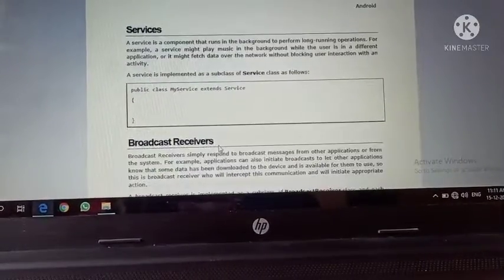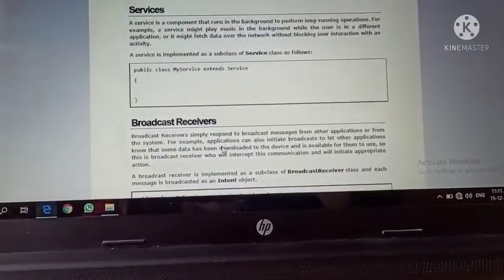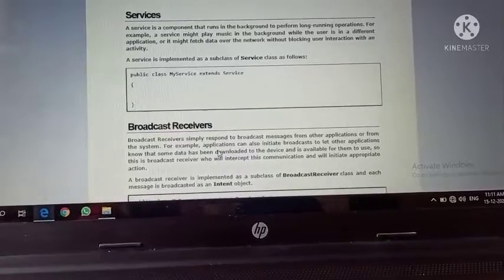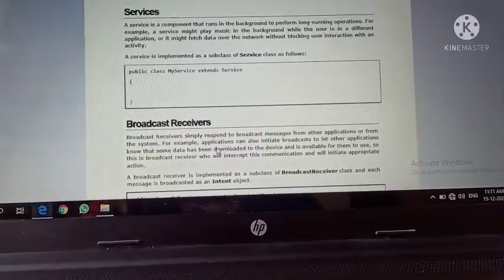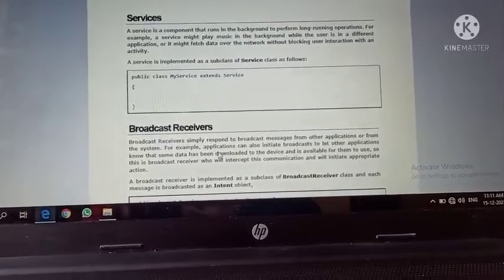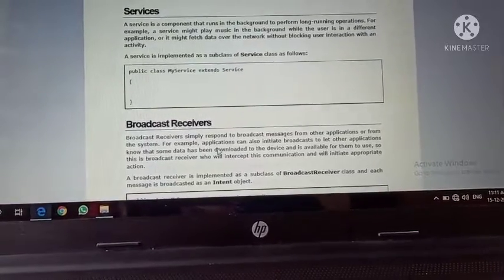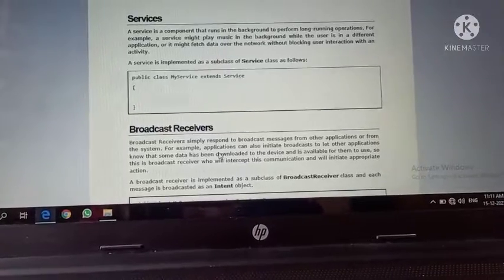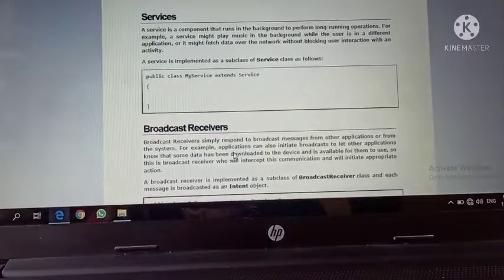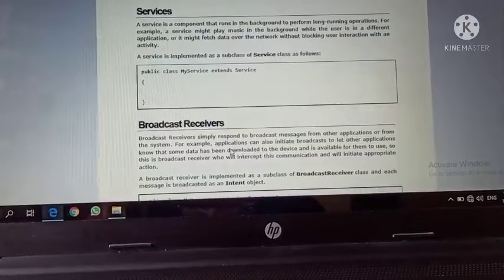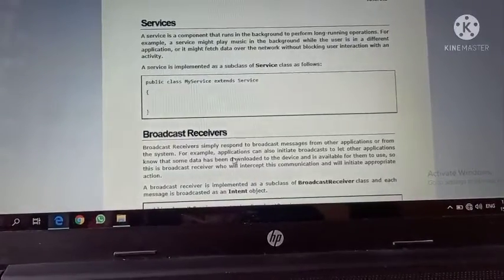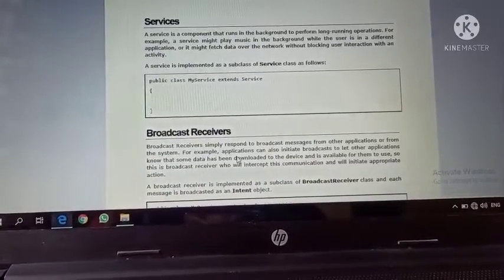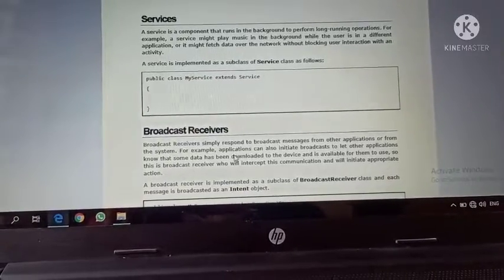Next is services. What can services provide? A service is a component that runs in the background to perform long running operations. For example, if you are playing music, or using the Amazon website on your mobile, you first check the website, then select the product, then make your payment.